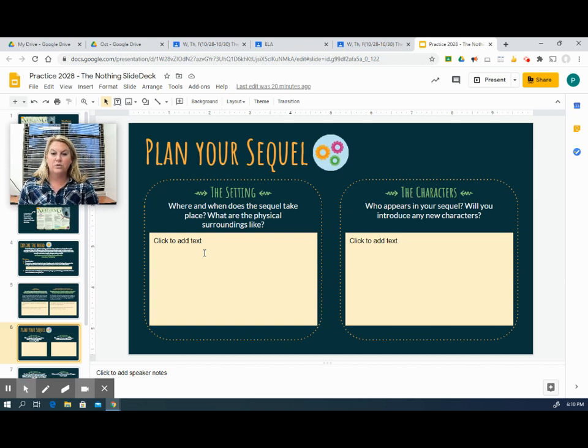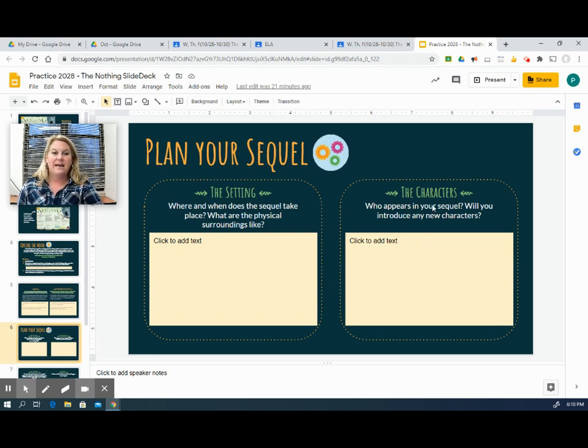What are the physical surroundings like? As you're thinking about the setting, the time, and the place, think about the descriptions that you're going to have to give your readers in order for them to be there, because we like to be scared and we like scary stories. And if we can't put ourselves in that scary story, we're not going to be scared. And that's the whole point, isn't it? We enjoy that scare that we get by reading through a scary story.